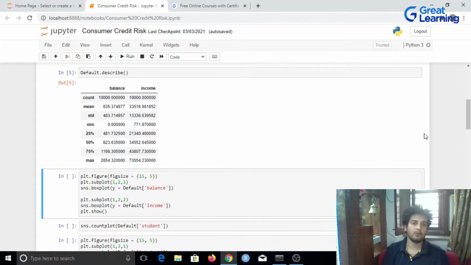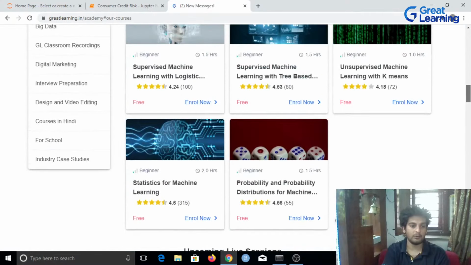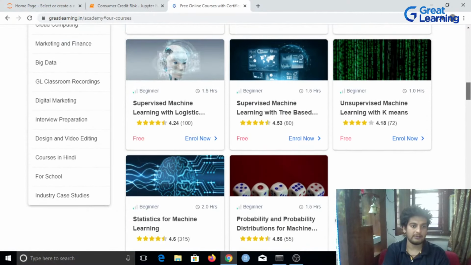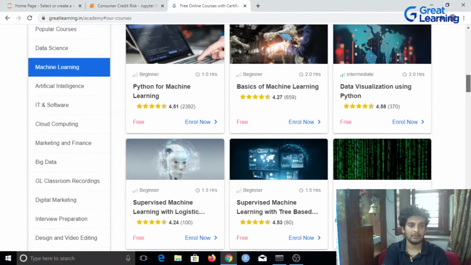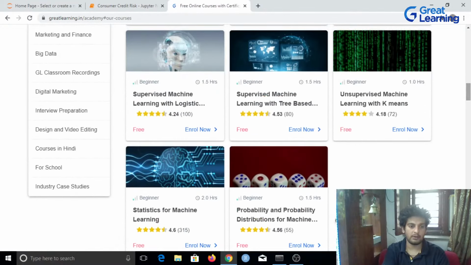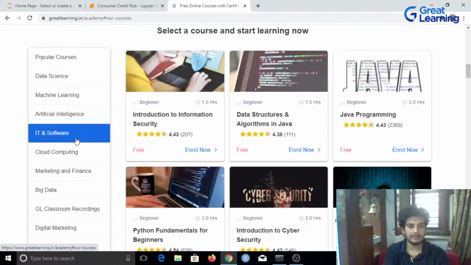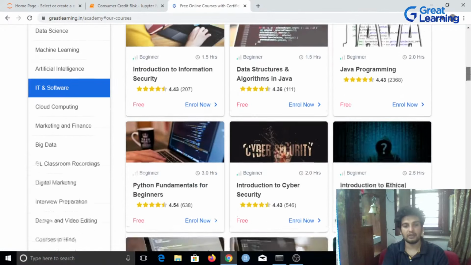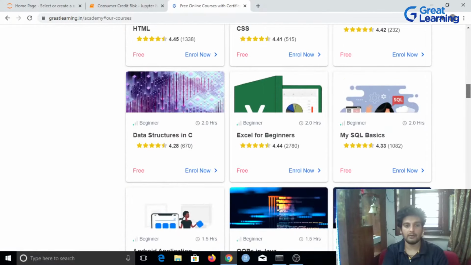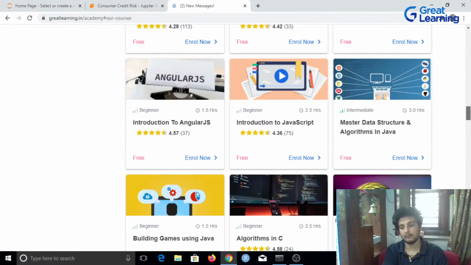Let's say if you do want to pick up Python, you can just go to Great Learning Academy over here. And here, as you see, we've got all of these different domains. You can pick up any language that you want. Let's say if I open up IT and software over here, we've got Java, Python, front-end development, Excel, SQL, and so on.